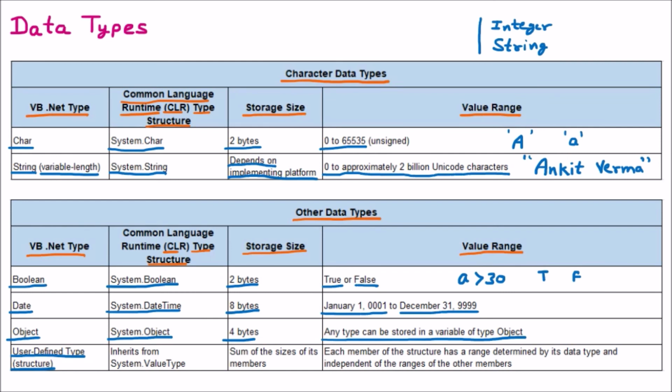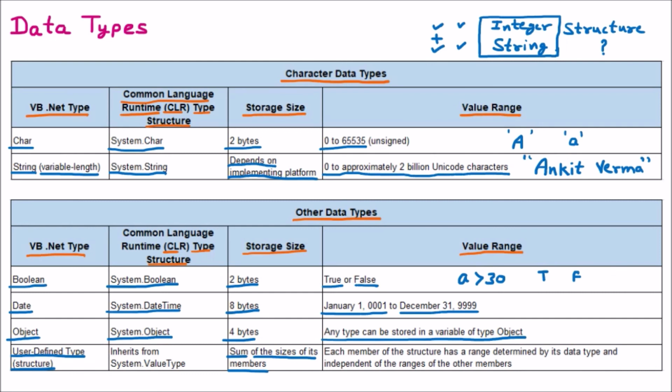So these two things will be taken together for all the customers. What we do is combine them and give the name structure. Now this structure has two things. So whenever you create an object of this structure, you need two things, an integer and a string. Integer means the phone number of the customer, string means the name of the customer. Now here the storage size is the sum of sizes of its members. So what is the size of this structure? The size of the structure is the size of the integer plus the size of the string.